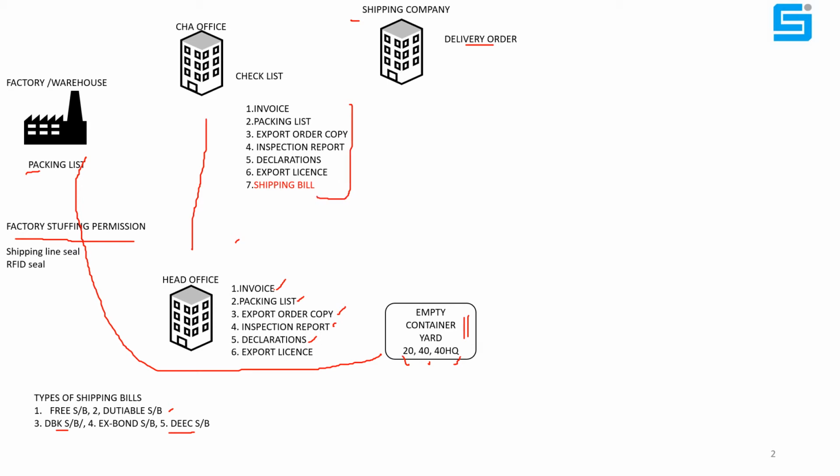Okay, he has another document, a shipping bill. Invoice, packing list, export order, inspection agency declaration, export license and shipping bill. Because this checklist is now finalized into the shipping bill, it has the name, it has a number and date and everything. This person will carry all these documents to the container CFS, a container freight station near the port.